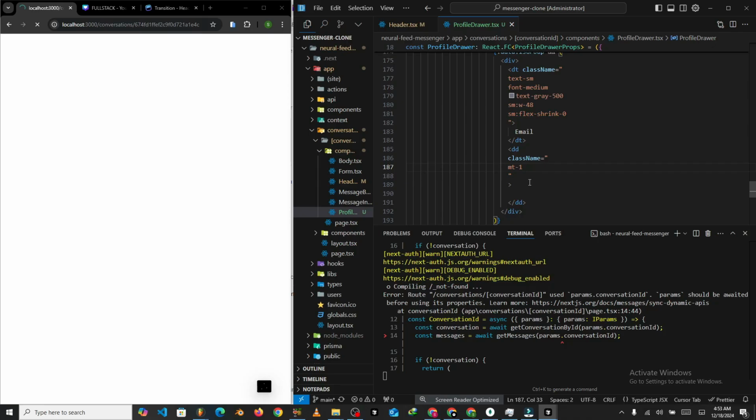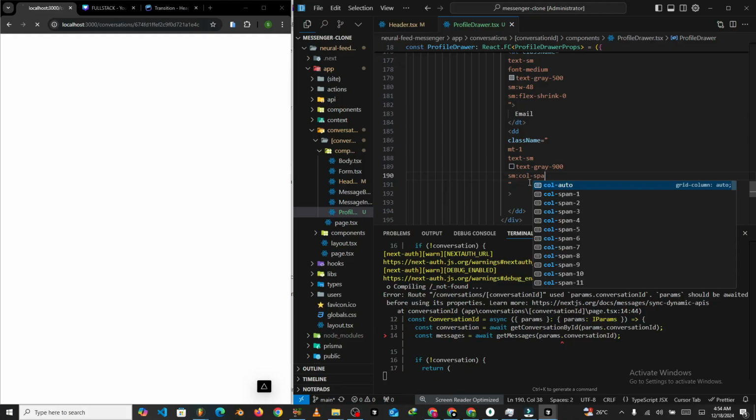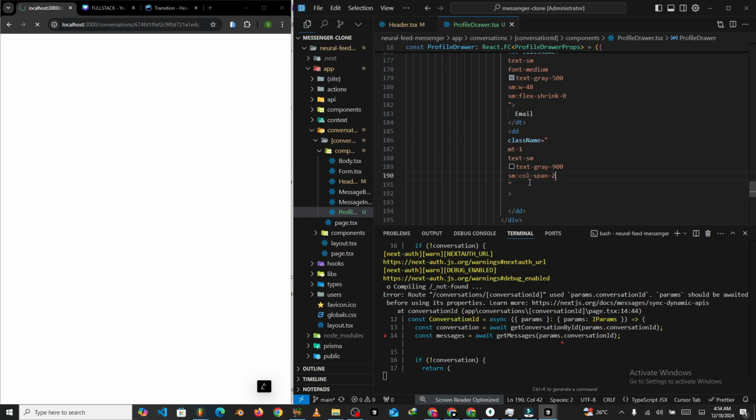Then we have text sm, text sm like this. Then we have text gray 900 like this. Then we have sm span to like this. All right, so right after setting this up, what we want to do is